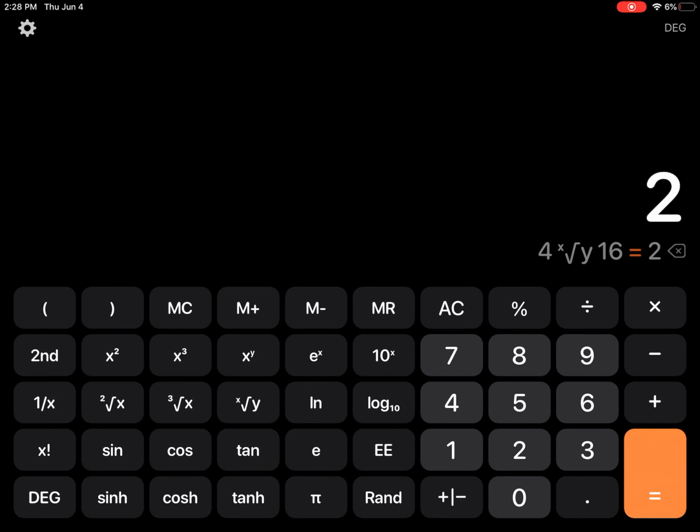Another thing you can do is just use the exponent form. If you had the fourth root of 16, that's 16 to the 1 over 4. So what you can do is use the exponent button, which looks like x to the y, or something that looks like it has an exponent. Some actually just have a little arrow pointing up, like two lines pointing up and meeting together at a tip. That might be your exponent button, so hopefully you know what your exponent button is. So what you could do is type in 16 and then the exponent button, and then you'd have to put this in brackets. Bracket 1 divided by 4, close the bracket, and then